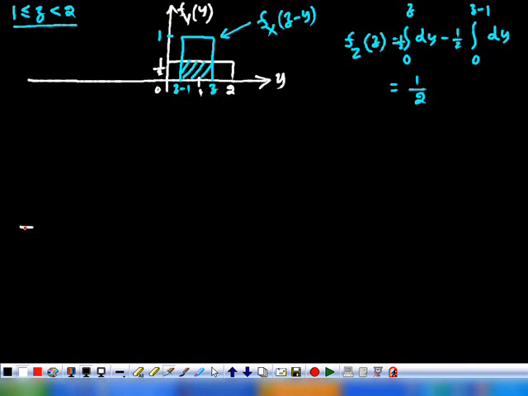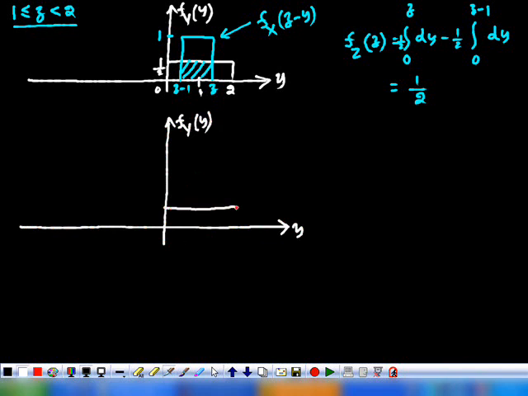Next, consider fy of y. We are keeping fy of y as it is, that is from 0 to 2, which is equivalent to 1 by 2. Now the interval we consider is 2 to 3. Z is in between 2 and 3. So here this is 2, so this is 1, this is 3. This is the z value, and z minus 1 is somewhere here. This amplitude is 1. This is z minus 1.